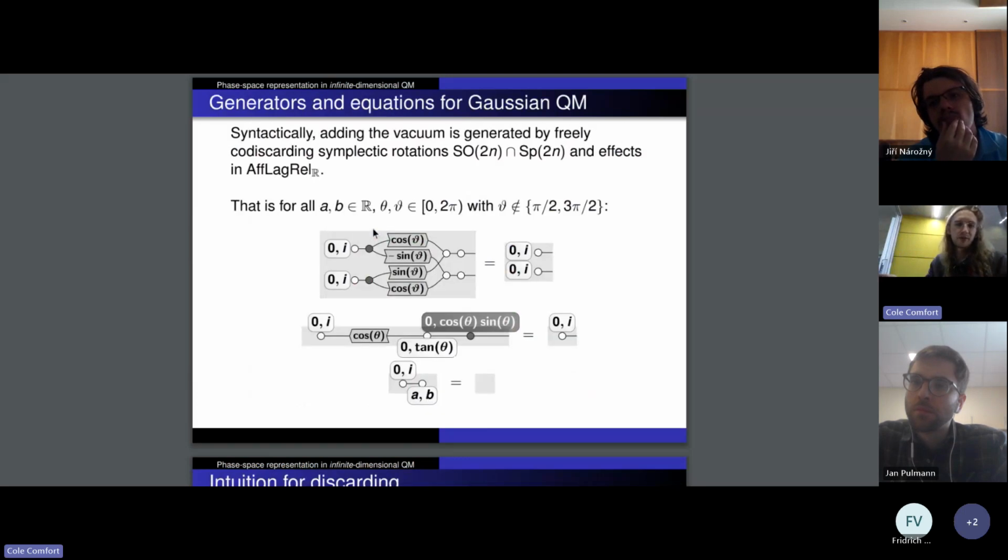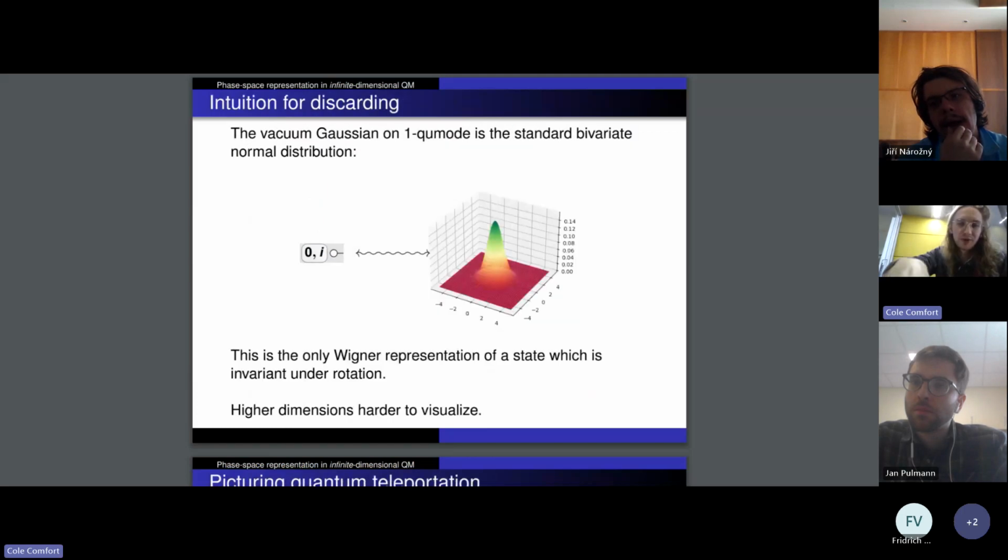So this stuff that we wrote about why you have to discard the rotations is because if you rotate this figure I've drawn, it's always the same. And this is in some sense the universal property of what it means to be the normal Gaussian state. Of course, in higher dimensions, I can't draw a picture, but you can try to think that it might be reasonable at least. But if someone has any way to think of how to visualize this, then I would be really happy.